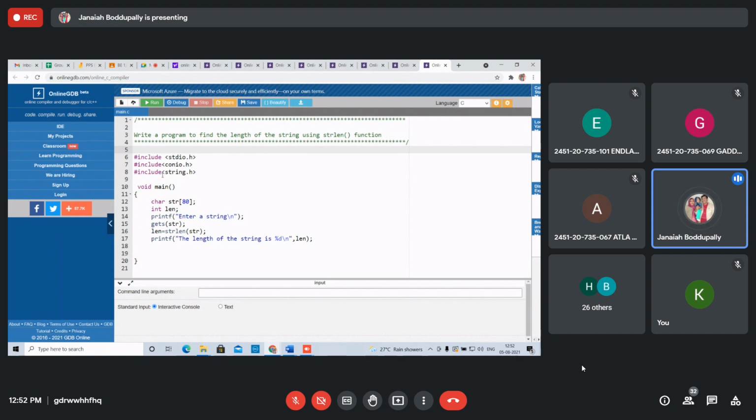Then display the variable len. The length of the string is %d, because it is an integer value. Any doubt in this, Babu? A simple program: taking the string from the keyboard, then counting the number of characters using the library function strlen.